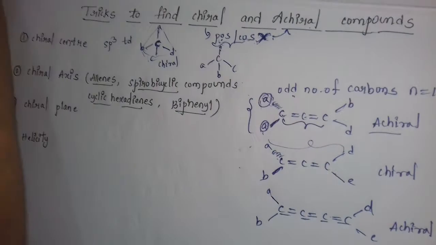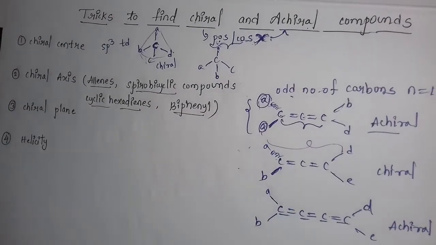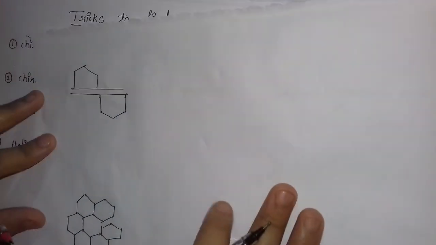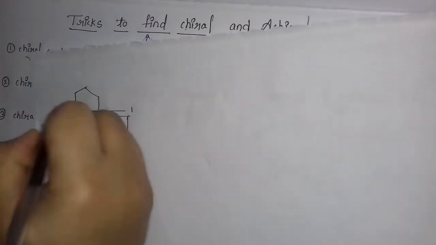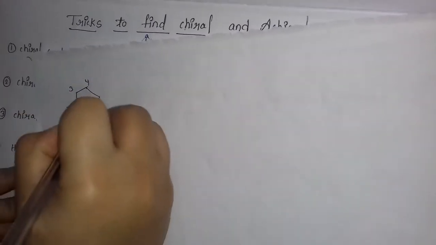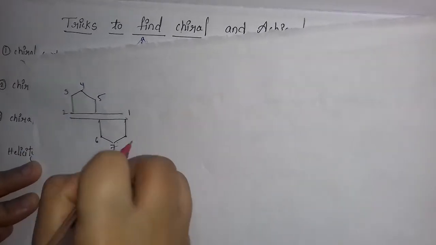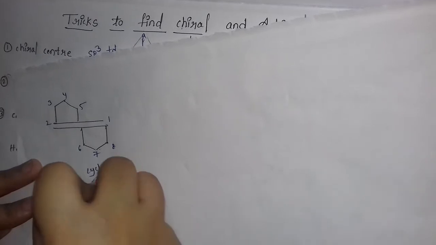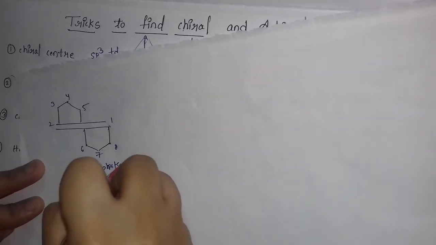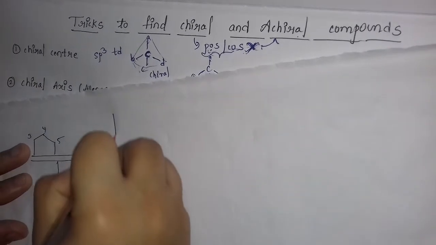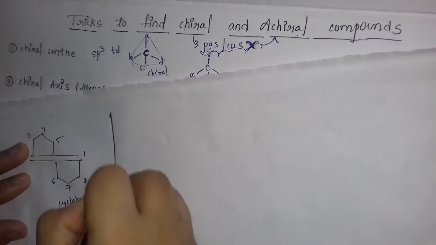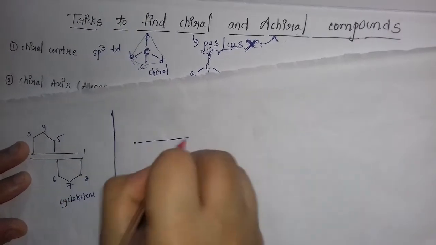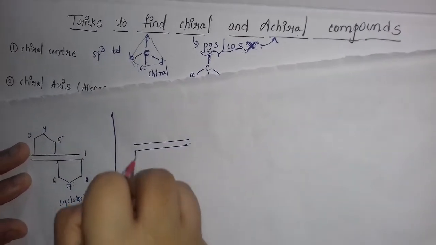And now we will see about the chiral plane. For the chiral plane, I brought an example for you. This is 1 2 3 4 5 6 7 8. This is cyclohexene. No, cyclooctane. Okay, 8. If I keep a plane here, I mean a mirror, how will I get this? I am going to get